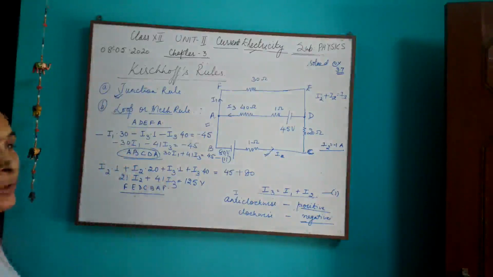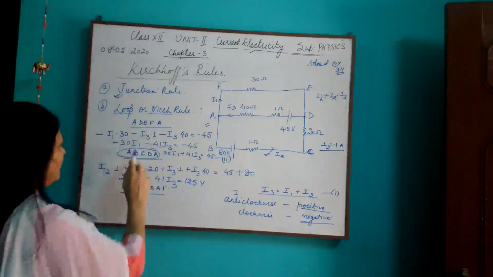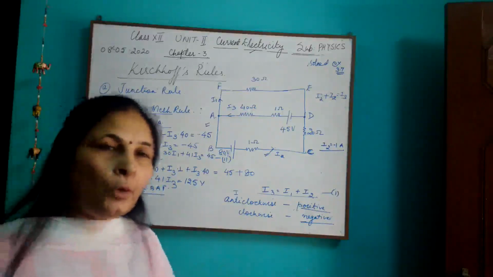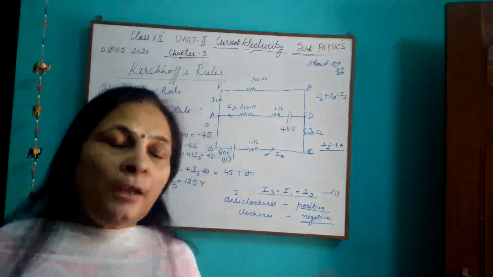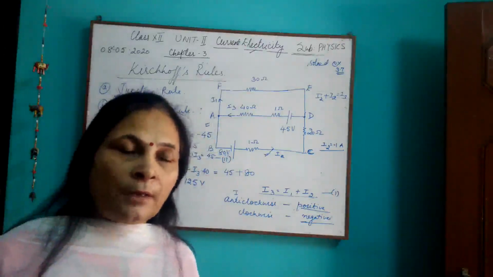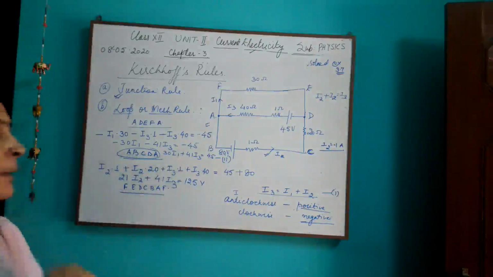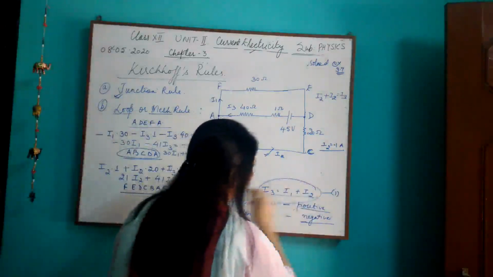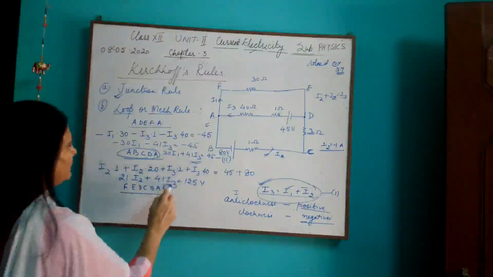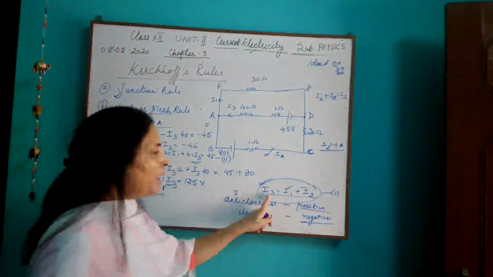Okay? Now in this way you have obtained two equations. Now just see, there are three variables: I1, I2 and I3. You can reduce it to two variables, because solving two equations for three variables will be difficult. Even if you have three equations with three variables, it will be difficult for you to solve. So we'll try to reduce it to only two variables, and for that I can use this equation. I3 can be substituted as I1 and I2 here. Solve for I1 and I2. Once you get I1 and I2, you can add them up here to get I3.